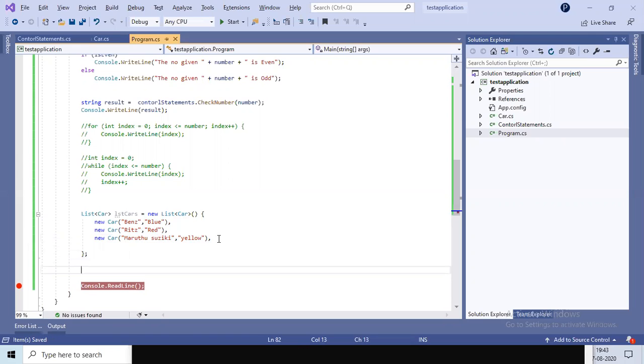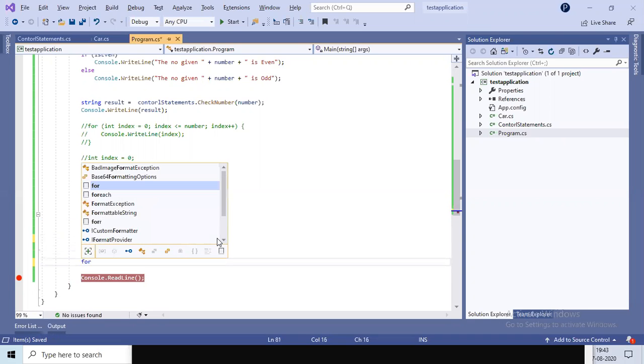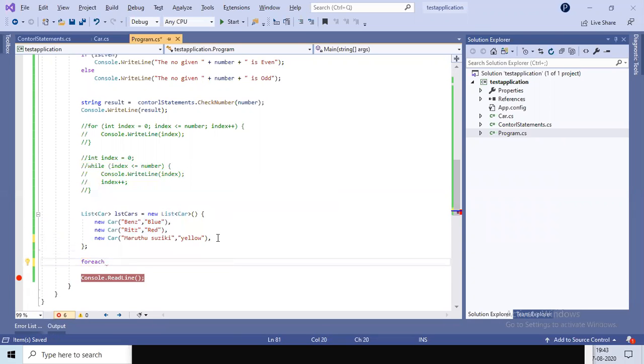But right now we are using the console application, so we will not be able to see the list kind of data. If we have an ASP.NET application, then we can display this data in terms of a table, as in the HTML example. So let's iterate this list again here. We are iterating the list of cars, so we take the type as car. Car is our type now.